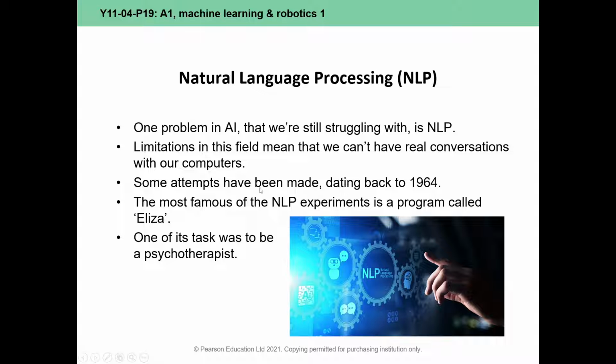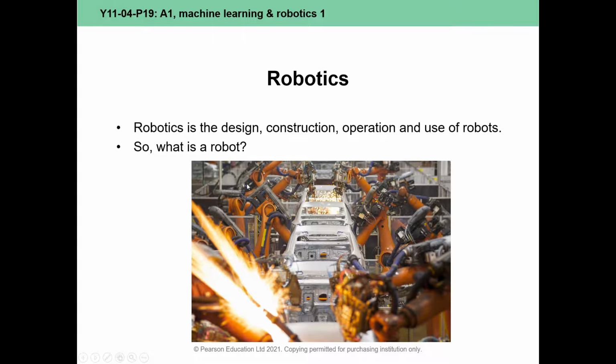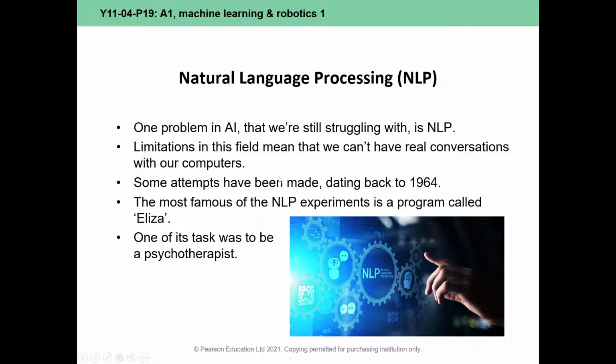A lot of us think about AI in terms of robotics and also machine learning, but we'll be looking at those in a moment. So here are some of the things that artificial intelligence is useful for. If I was to turn on speech recognition, I can't remember the keyboard shortcut for it in PowerPoint, but that would be natural language processing. No, it would be speech recognition. But speech recognition can use artificial intelligence, and then natural language processing can also use artificial intelligence. That means understanding the speech.